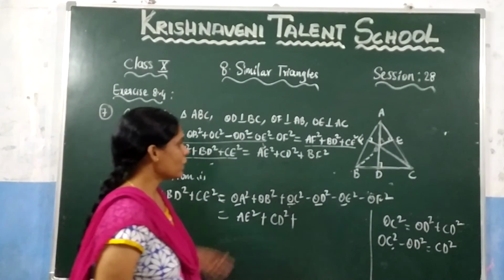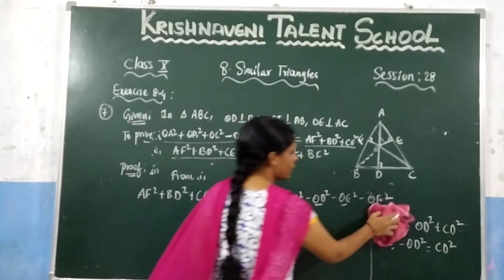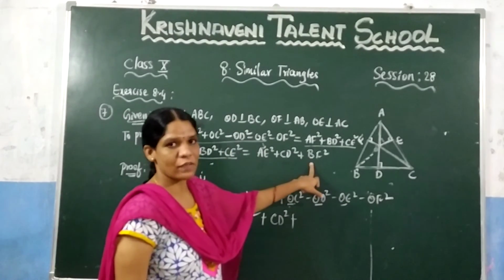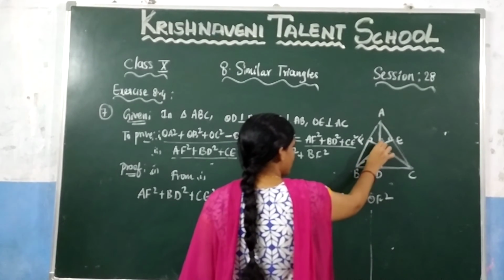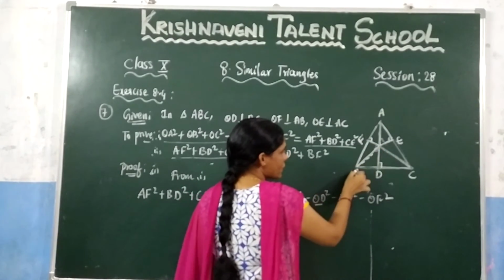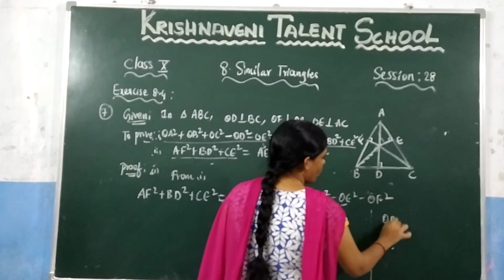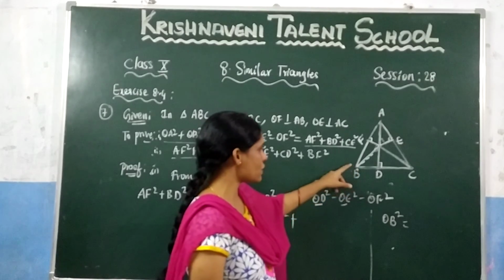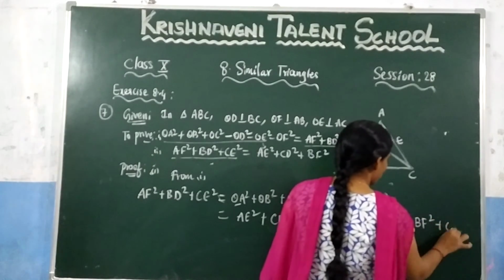Now let us see here BF. In which triangle do you have BF such that the remaining two sides should be there? So let us consider the triangle like that. So let us see in which triangle BF is there. If you choose this triangle, BF is there, in this triangle which is BFO. So again by the Pythagoras theorem you can write it as OB square is equal to OF square plus BF square in this triangle. So you can write OB square is equal to the hypotenuse square is equal to the sum of the squares of the other two sides, which is nothing but BF square plus OF square. So write it here, BF square plus OF square.